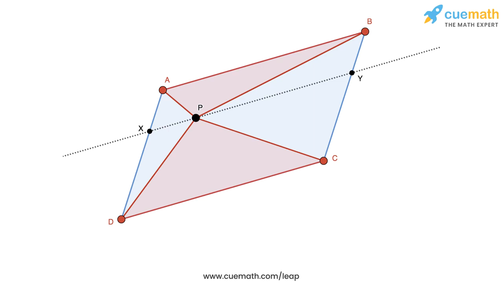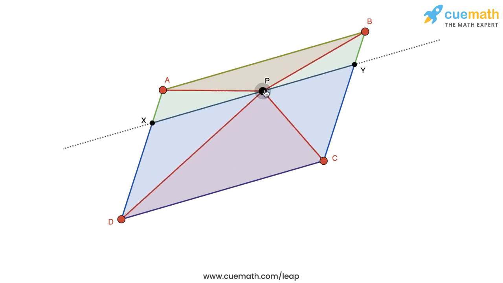Okay, so let's summarize what we have talked about so far. The area of triangle APB is half of the area of parallelogram AXYB, and the area of triangle PDC is half of the area of parallelogram XDCY. So put together, the area of the two triangles will be half of the total area of the two parallelograms, which is actually the area of ABCD. So this is the argument that we are going to use.